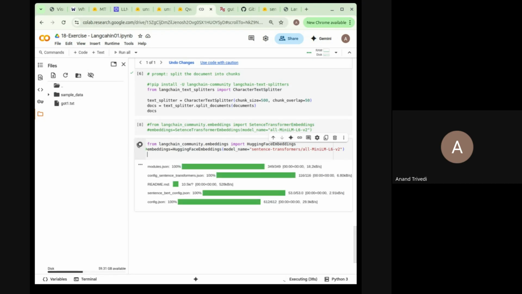Okay, the model is loaded, and then we'll also have to import